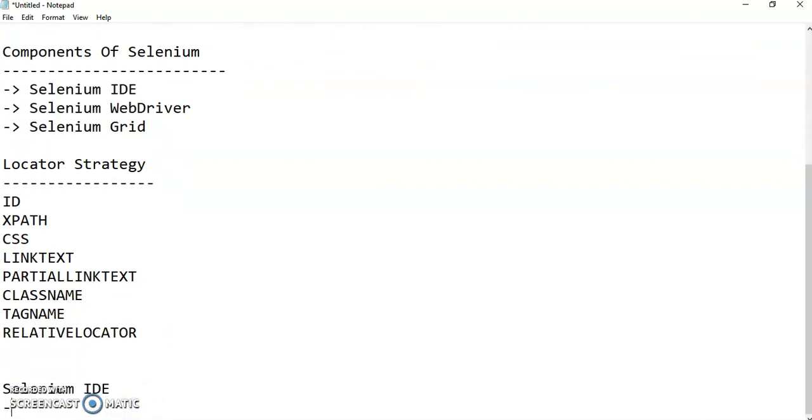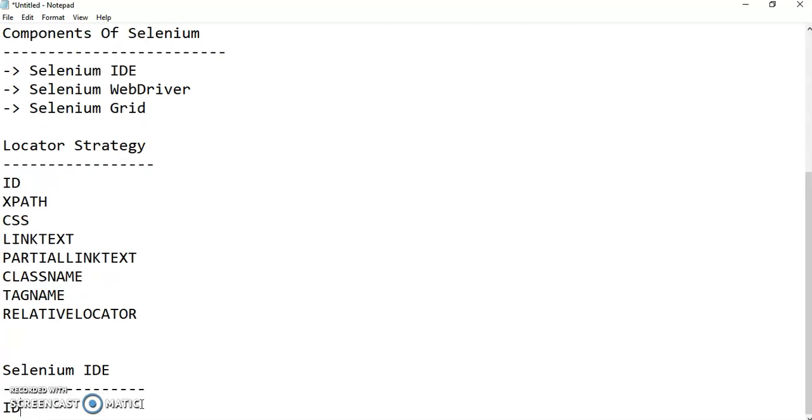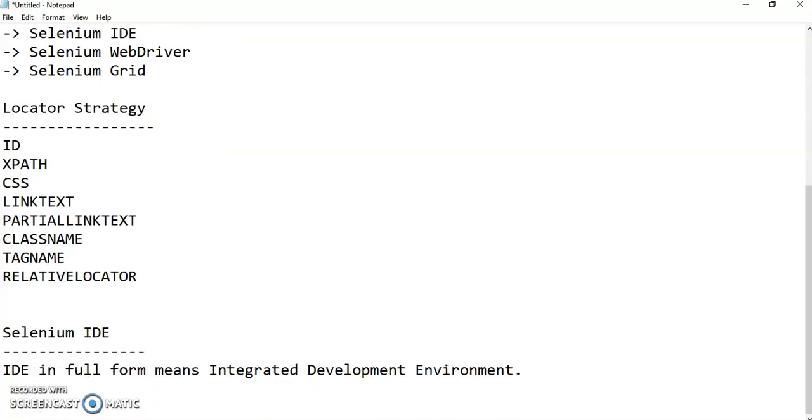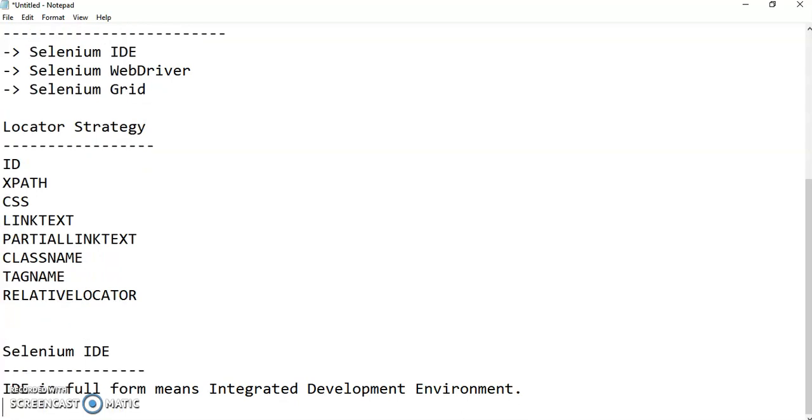Selenium IDE. IDE in full form means integrated development environment.